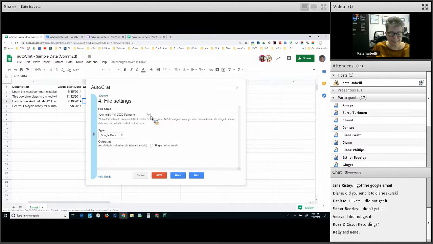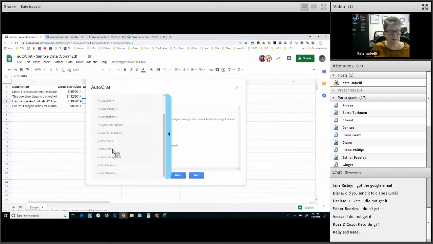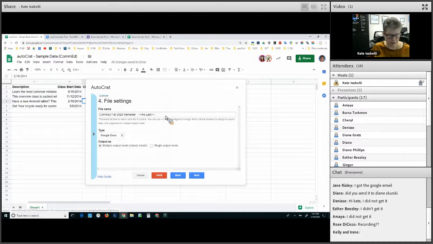So I click it, and it doesn't appear anywhere. Now I have to click here and paste it. Okay, then I'm going to say comma space, go back to my tags, choose instructor first name, come back over here and paste it. Like I said, clunky, not exactly intuitive,